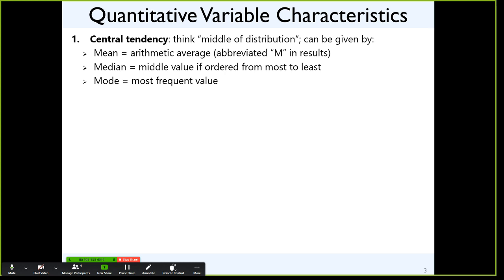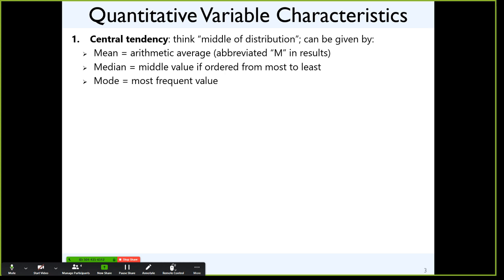First, central tendency. Think middle of the distribution. And there are 3 main ways that people would indicate this. One is a mean. And note I'm saying arithmetic average because there are other kinds. That's the one that you're used to thinking of. Median is a middle value. That is hardly ever referred to again after this conversation. It will only show up in one other kind of model that I'm aware of. Mode is the most frequent value, and that actually shows up a lot in terms of distributions. Yeah, we'll go out there later.